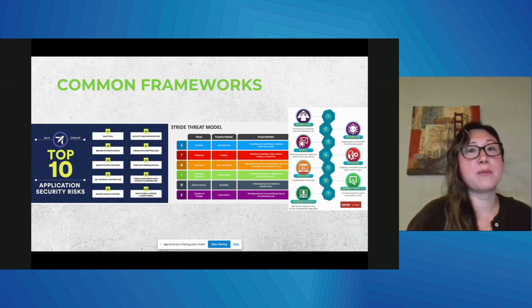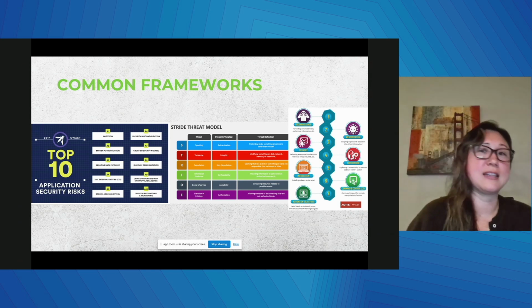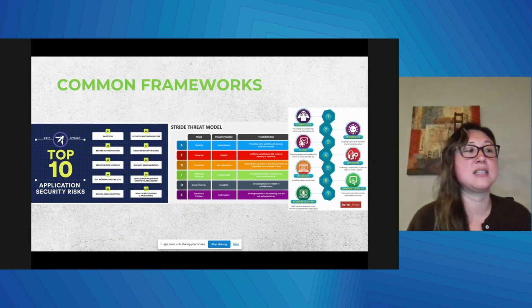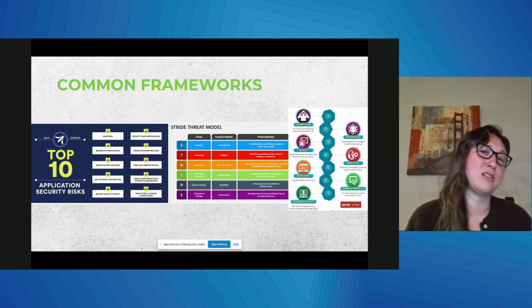So those are really common frameworks that I'm using right now, as well as STRIDE. STRIDE is the threat modeling framework that's designed by Microsoft, and it's focused on the potential impacts of different threats in the system, such as spoofing, tampering, repudiation, information disclosure, denial of service, and escalation of privilege. By considering these potential impacts or goals and considering how they could be achieved, it's possible to really identify attack vectors for the system under test and under stress and under production. And based on that information, it's possible to assess the risks and impact of each potential threat and develop countermeasures to mitigate against them.